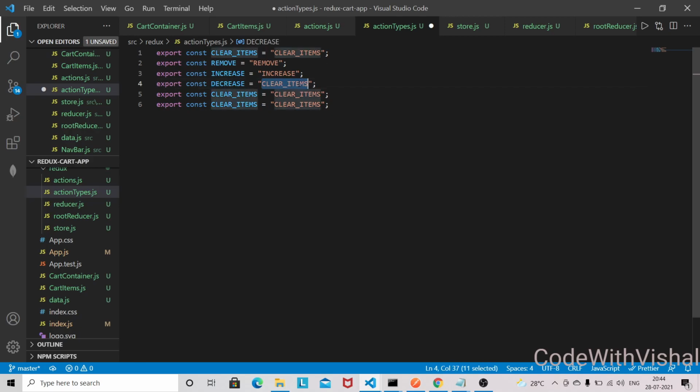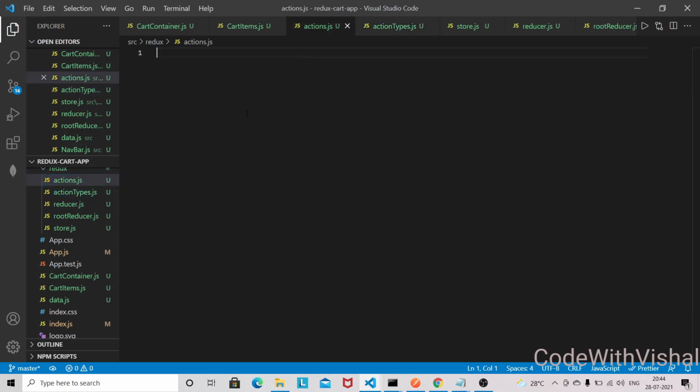Okay, and this will be get totals, and we'll have one more, display item. Okay, so only these action types are required, and now let's work on the actions.